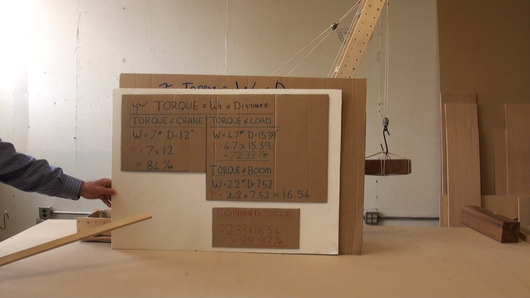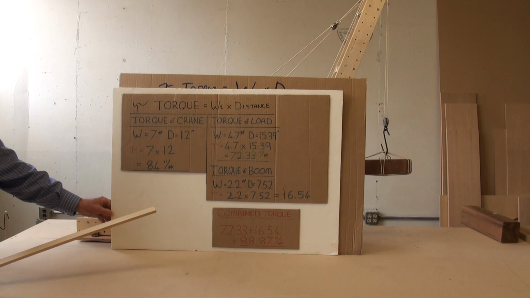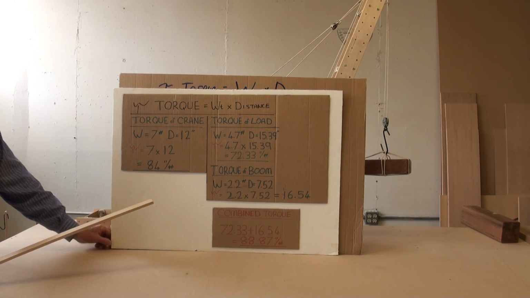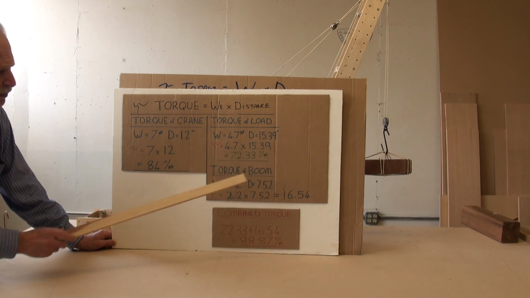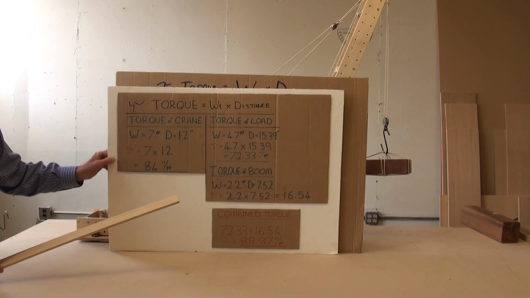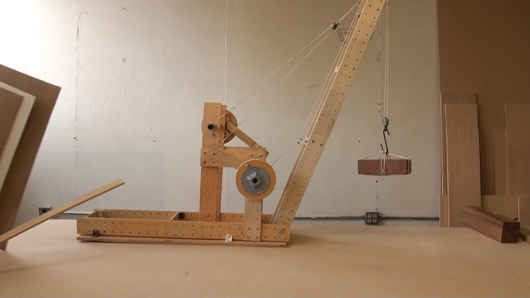Over here, 84 inch-pounds. Now we've got to find the torque of the load and the boom. The weight of the load is 4.7 pounds, that's the brick. The distance is 15.39 inches. How did we get that, you say? Well,